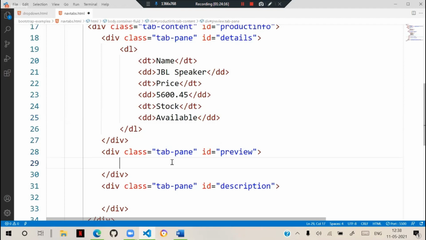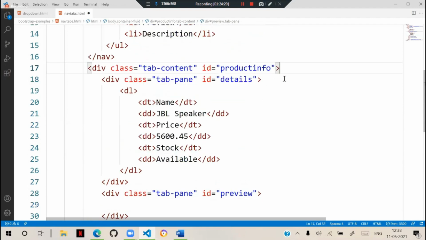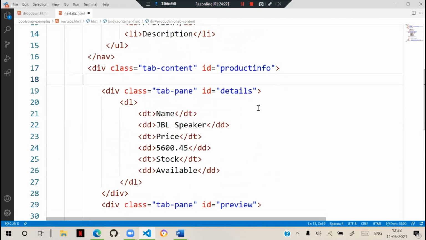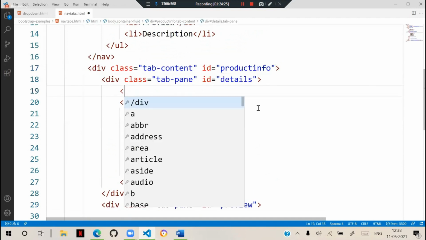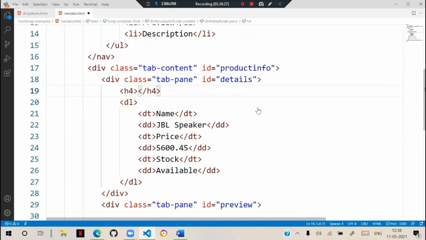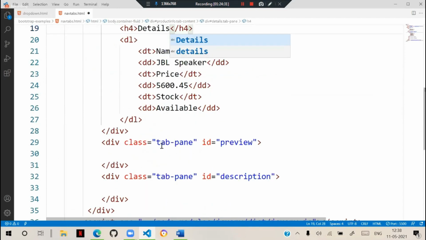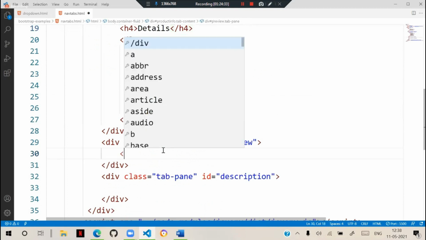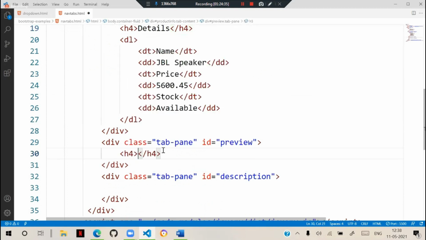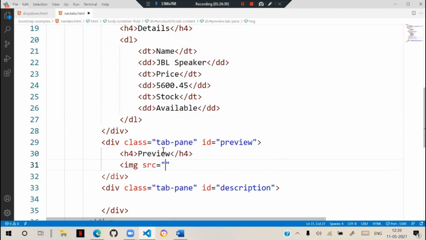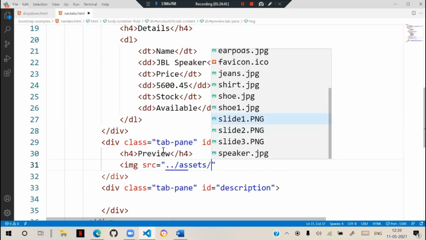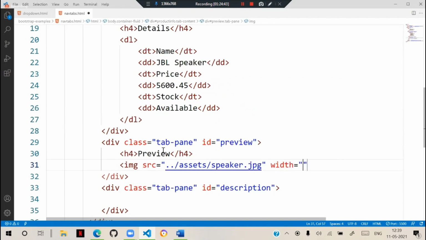This is in the first pane. In the preview pane, I will keep an image. We can keep headings also. So in this pane, I will keep a heading, preview, and the image source is assets speaker.jpg, with width 200 and height 200.